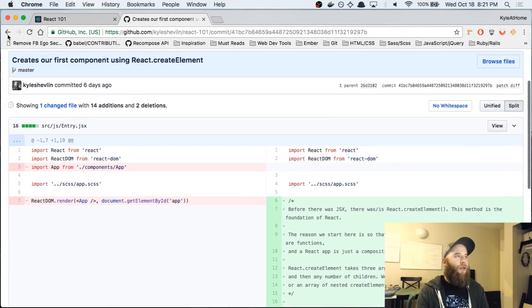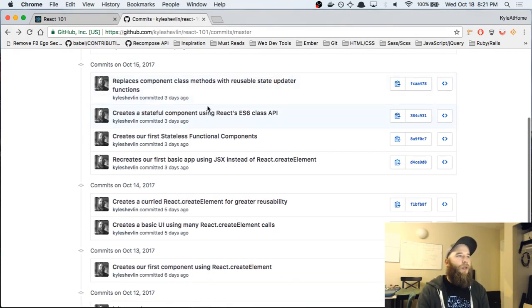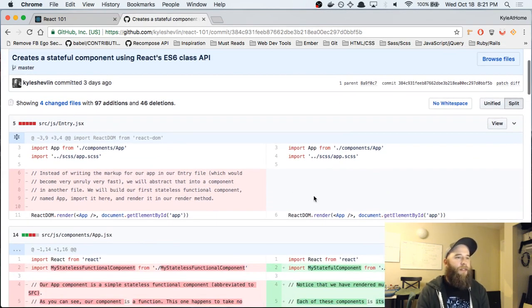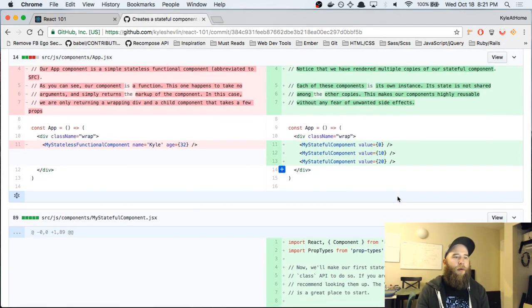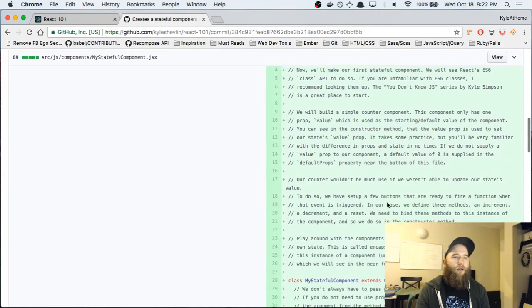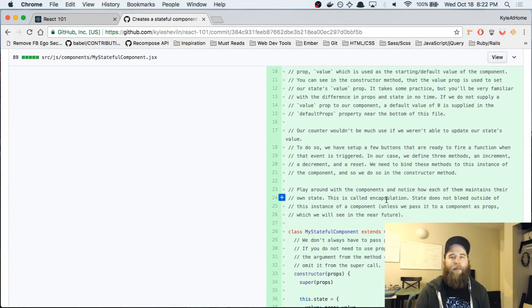If we walk through the history, we could jump ahead to right here. Let's do this one, a stateful component using React's ES6. Mostly you'll want to stick over here. Some of the deletions are important, but here's a pretty exhaustive comment that should help you understand what we were accomplishing and what we were doing. So cool.